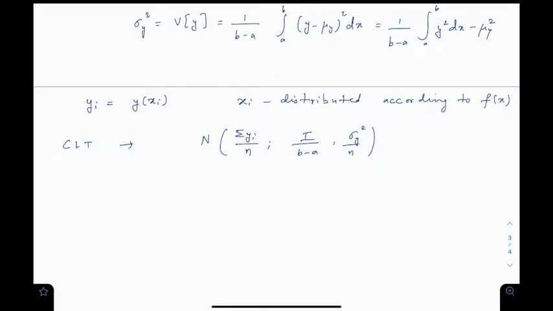Or in other words, I equals b minus a by n